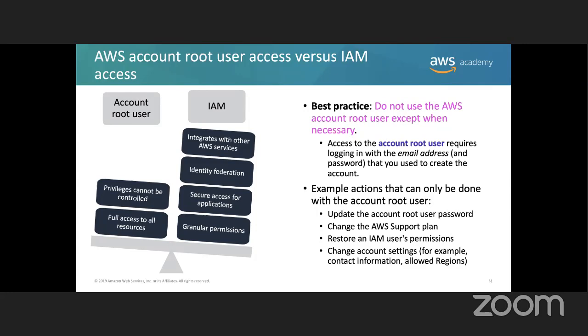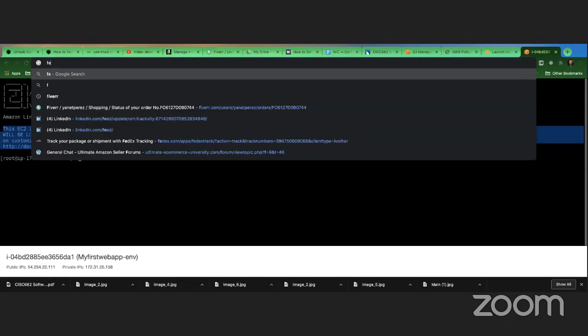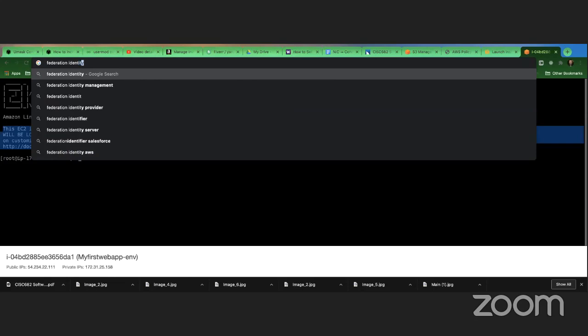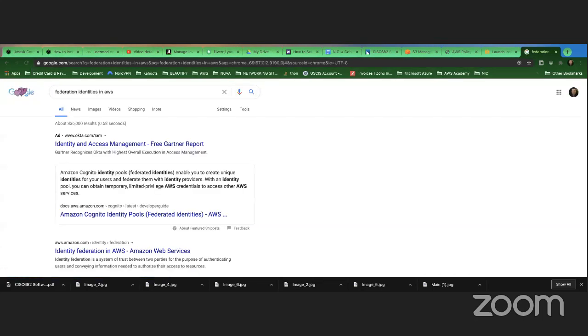Now, federated identity in AWS. You see, Amazon Cognito, right?